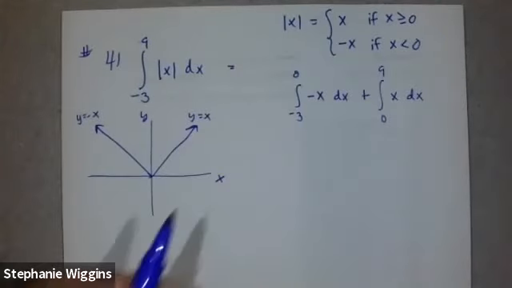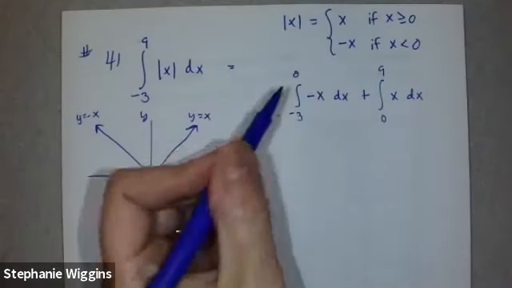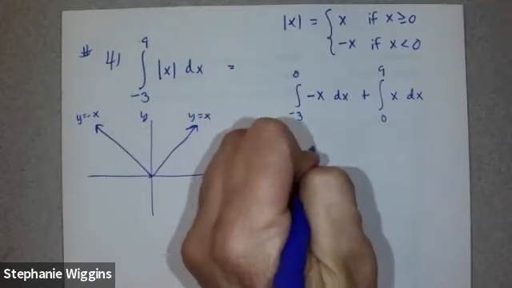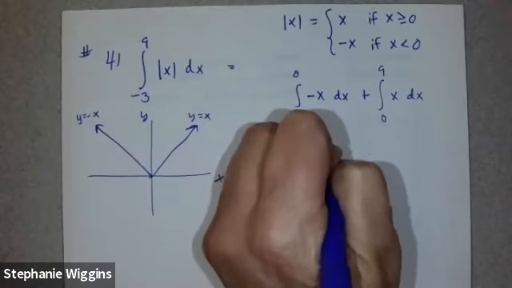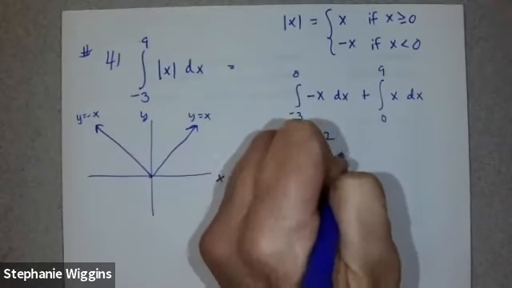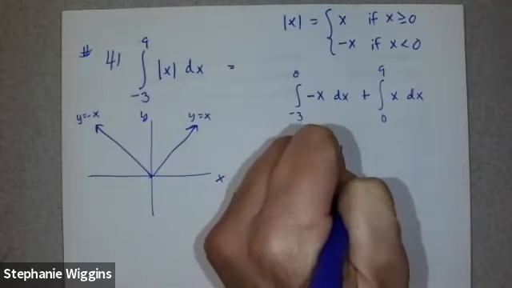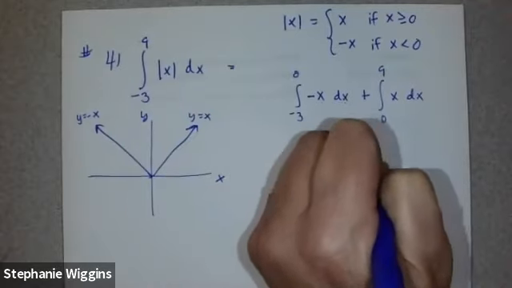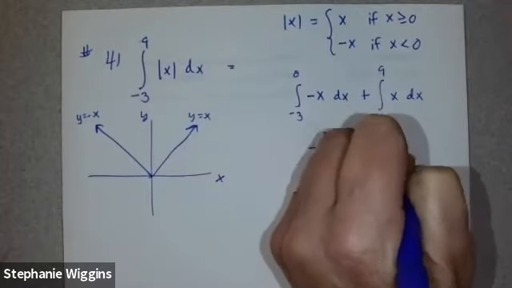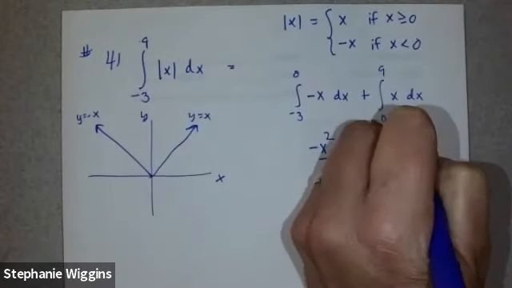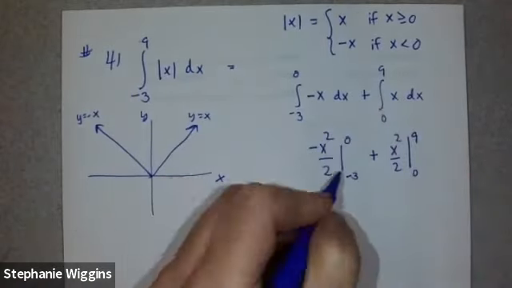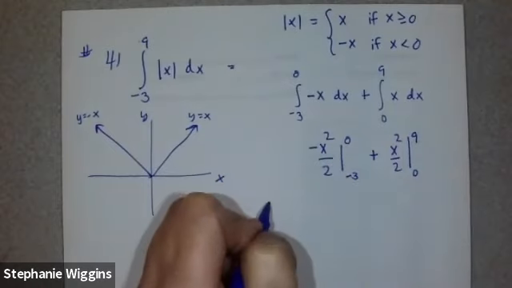Okay, so we have here, taking the integral, we get -x²/2, and we're evaluating that from -3 to 0, and then we're adding to that x²/2 evaluated from 0 to 9. And so we plug in the top number first, so it becomes